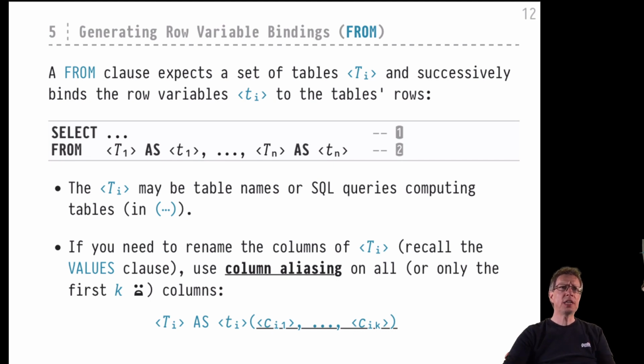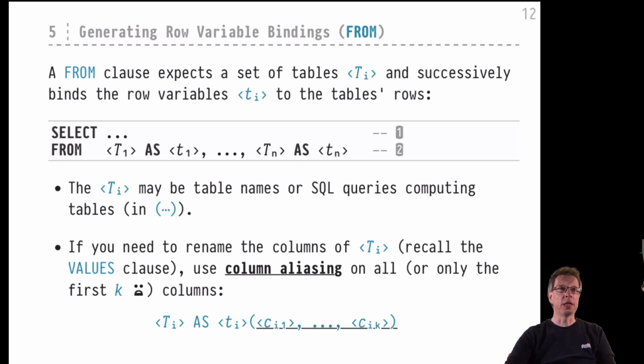Okay. So the second core clause in such a SQL query is, of course, the from clause. And it's the from clause that will introduce row variable bindings that we can use in further expressions, for example, in a select clause, to compute further intermediate results in our queries. So this is the role of the from clause. Introduce